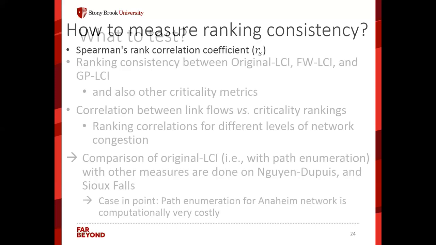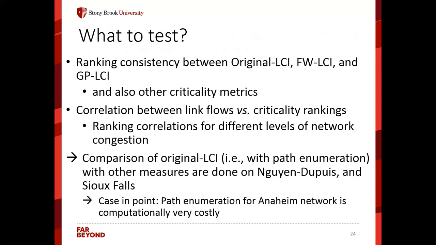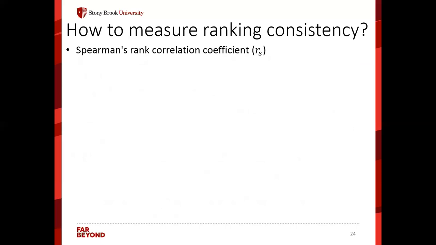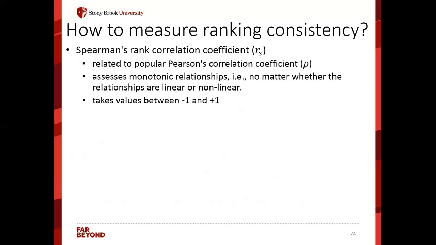So we talk about consistency of rankings. How do we measure the consistency? In the previous example, I showed you the rankings of each link, and by basically hand waving, so to speak, we said, this is on the top, this is on the bottom. So how to do it more rationally? We use Spearman's rank coefficient. It's somewhat close to Pearson's correlation coefficient, which looks at the linear relationship between values. But Spearman's rank coefficient assesses a monotonic relationship, and it doesn't matter if it's linear or nonlinear.